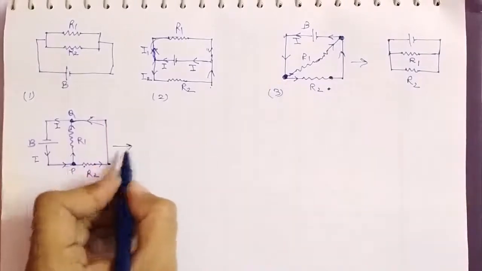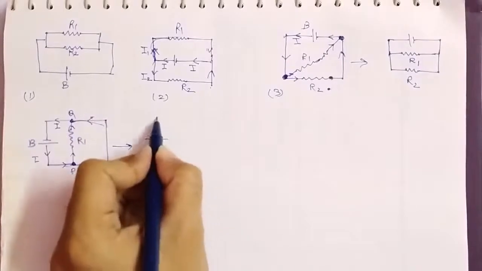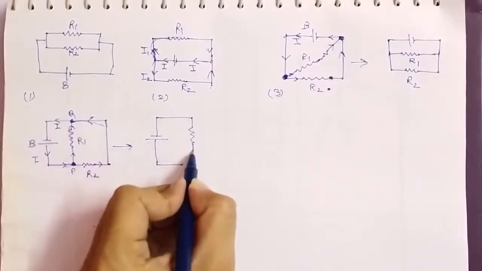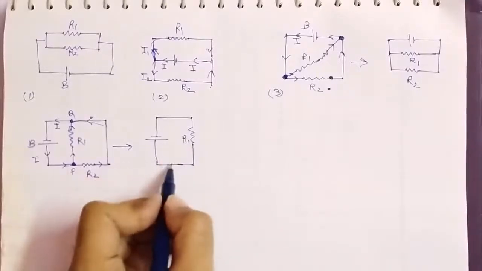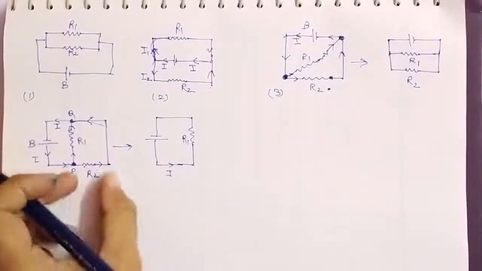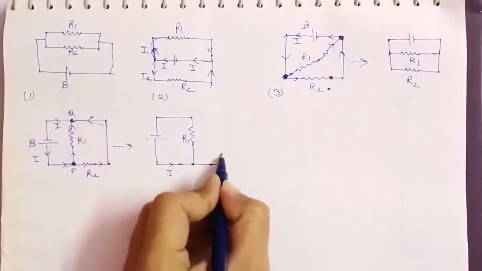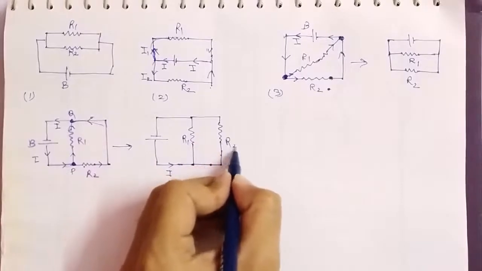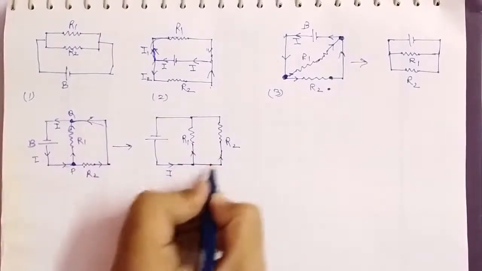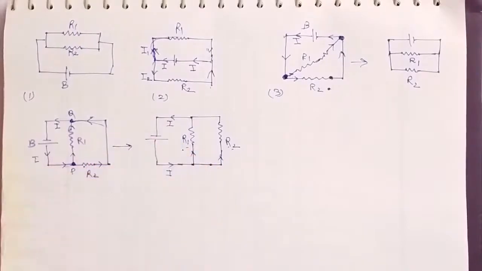Okay, so let's see the diagram. So let the battery be here, let R1 be there because R1 is connected correctly in a parallel way. There is no problem in that. Now we are shifting R2 here like this. That is the R2. Okay, so now both are in parallel to the battery and our problem is easy to solve now. Okay, so that is a way.